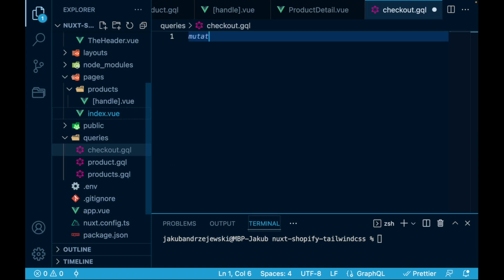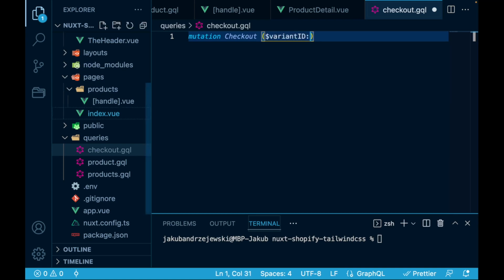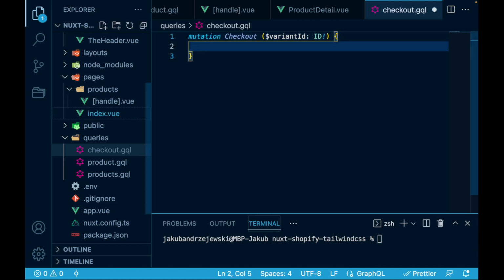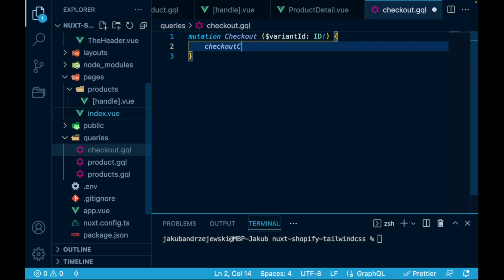So we'll go mutation checkout, and it will have a variable of variantId, which will be an ID, and it will be required. So the mutation we will call from the Shopify GraphQL API will be checkoutCreate, and as an input to this mutation, we will pass